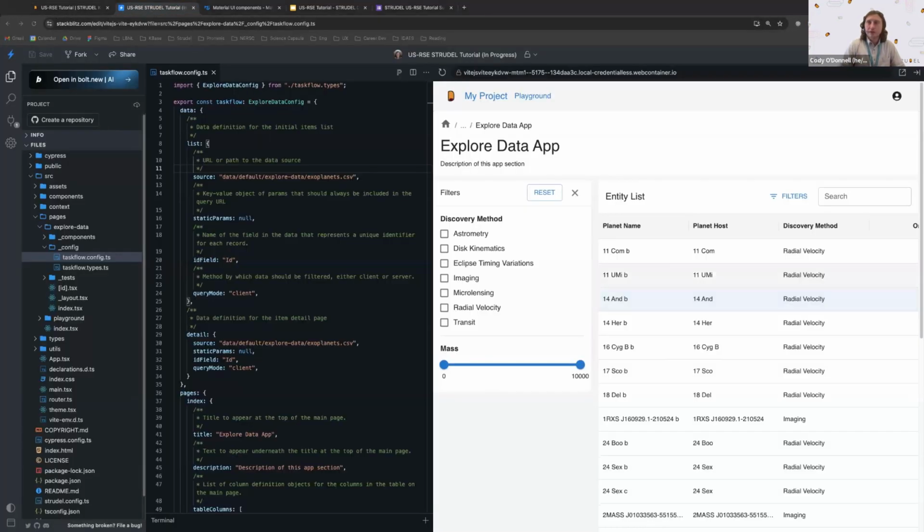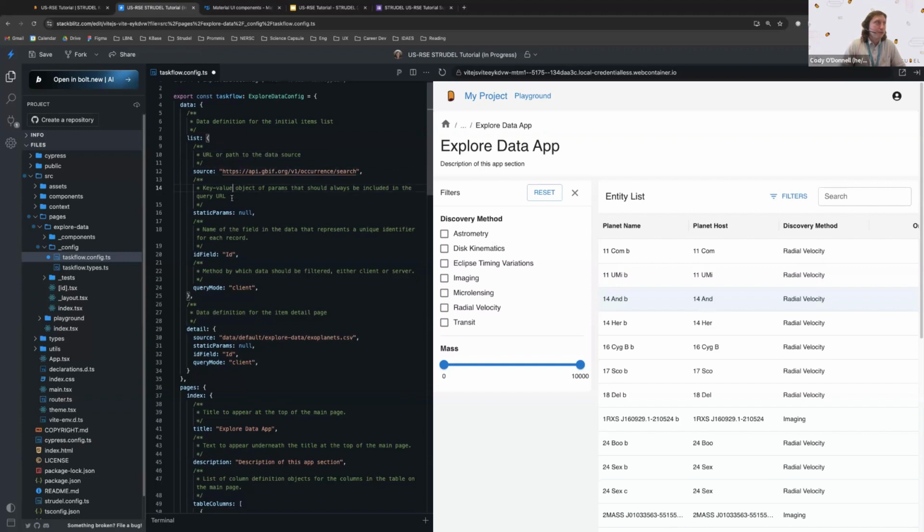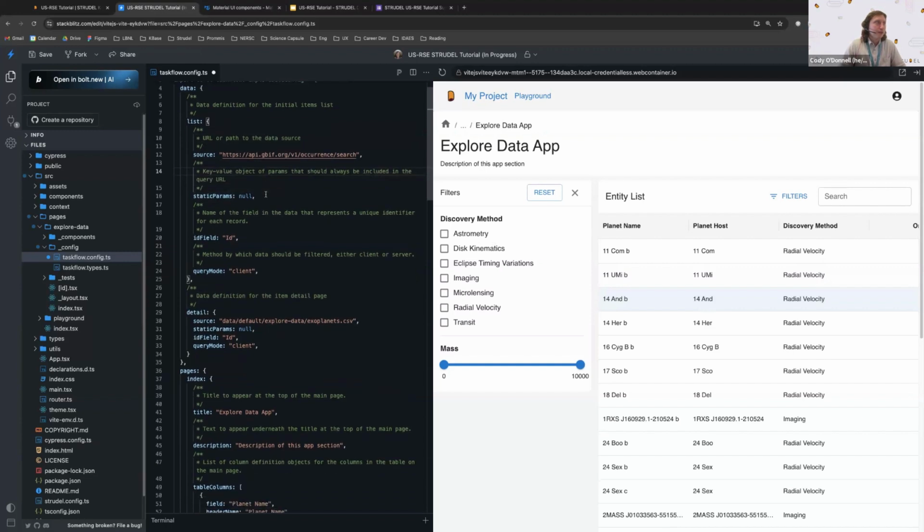The first thing I'm going to do is change the source to an API that we're going to work with today called the GBIF API. This is an open API that includes data about species observations around the world. So we're going to use that in our example today. Right now we've just changed the data source, but we have a few other things that we need to change. Static params is not something we need to worry about today, but